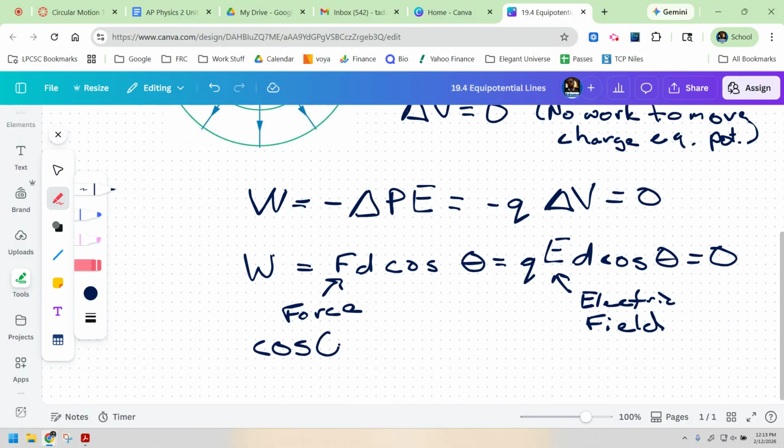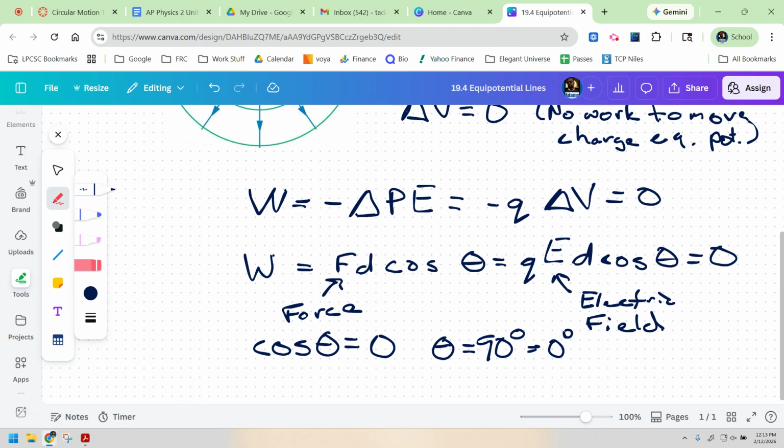So what we're thinking about is what values of theta makes cosine equal 0. And so one in particular, cosine of 90 degrees equals 0. Okay? Or 0 degrees, I suppose. But okay,